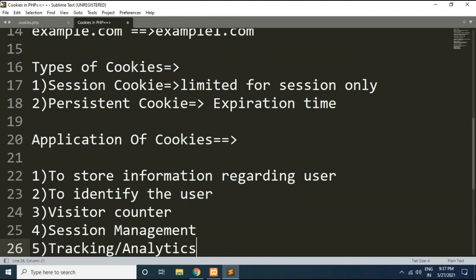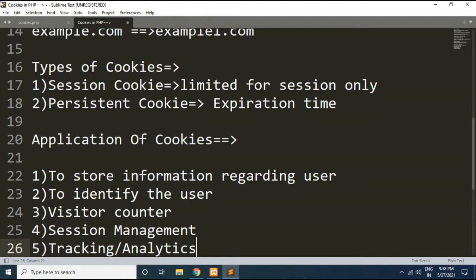Friends, for many years these cookies have played a very important role over the internet for identifying users and for providing a personalized browsing experience. Majorly there are two types of cookies. The first type is called first party and the second type is called third party cookies.